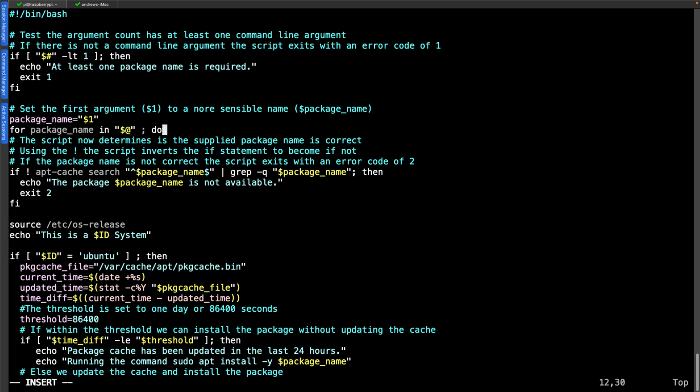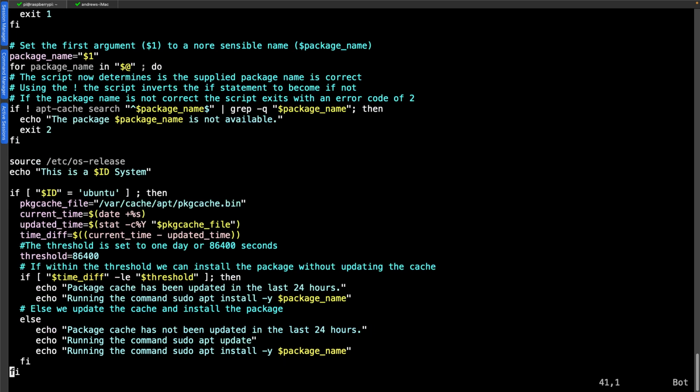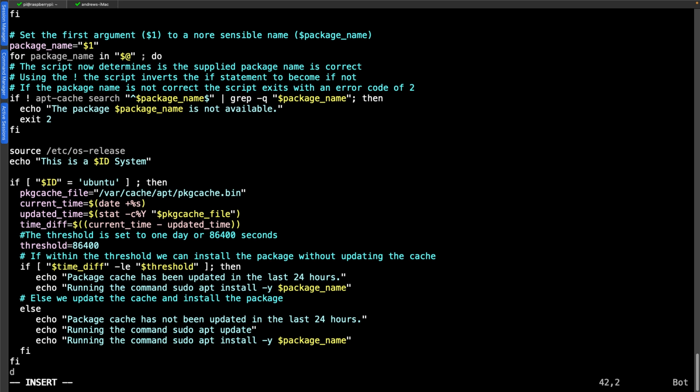The next step is really simple, and you probably already know this in Vim anyway, that I need to move to the end of the document to close the do block. So I can use Shift and uppercase G to move to the end, and then just type done. As I say, that's the really simple part. But we can see then that done is in line with the closing if statement. And this is where, even though it's syntactically correct, it doesn't read terribly well if we don't indent.